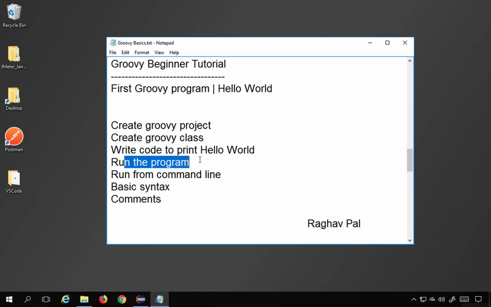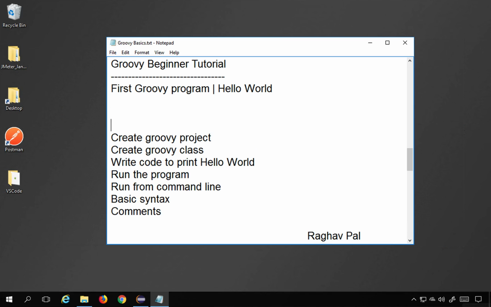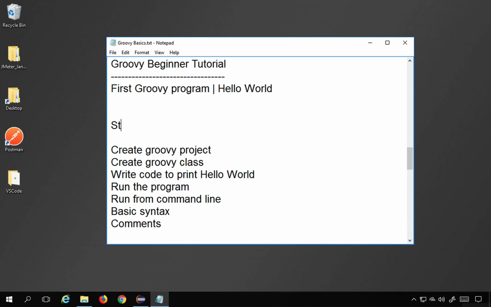We will run the program. We will also see how to run the program from command line, and we will look at some basic syntax and how to add comments in our Groovy program. So let's get started, and step number one will be we have to create a